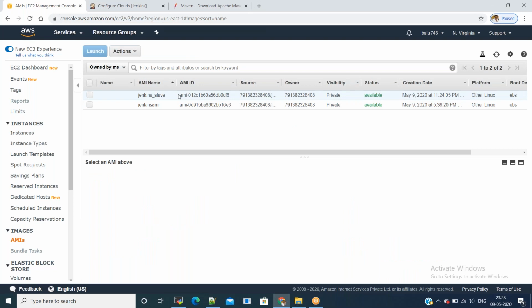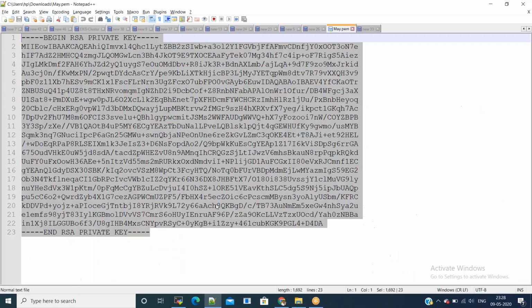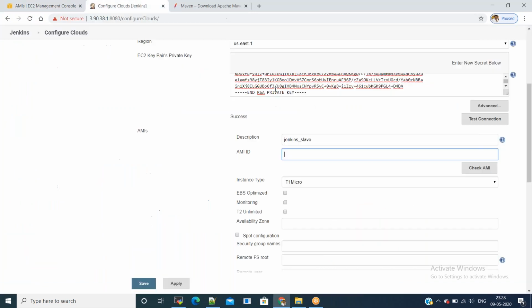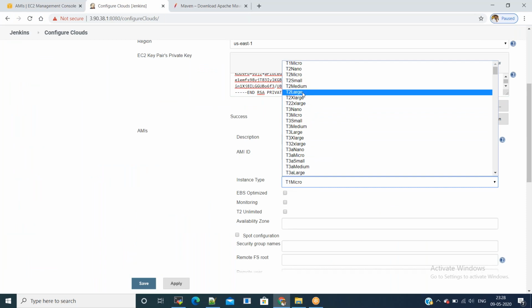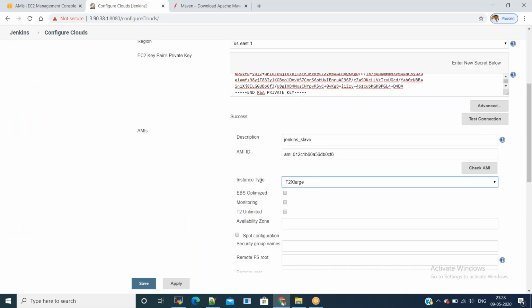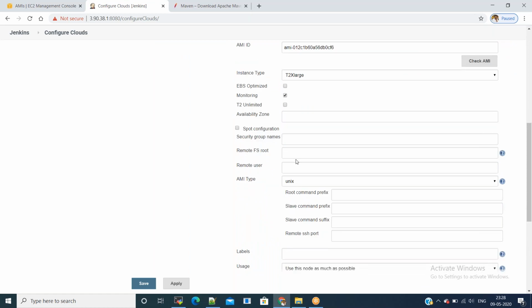And mention the label as well. Select t2.xlarge. And we have remote file system root. We mentioned the EC2 user's home folder, and for user we mentioned ec2-user.